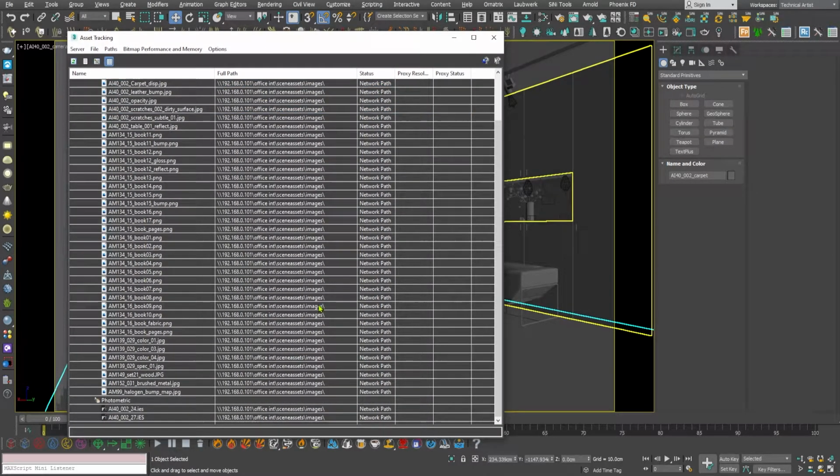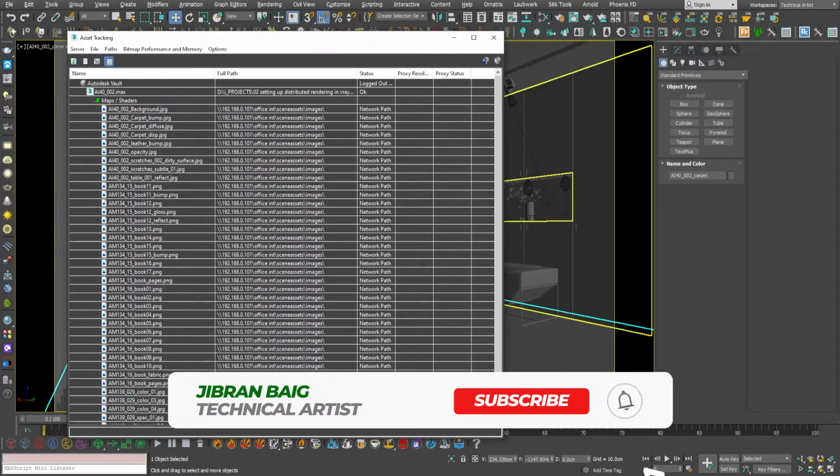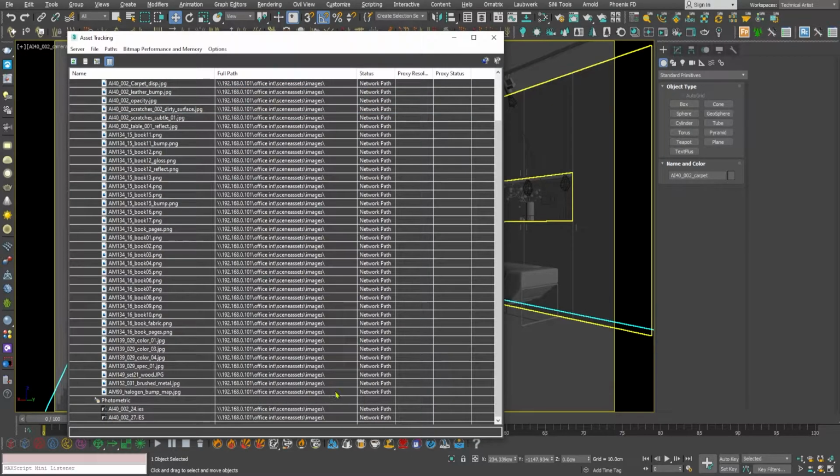So if the file sizes are very big, every time you press render you have to send assets to that computer, and if you have 10 of these machines, then the distributed rendering would be slower, and in my opinion that kills the purpose of the distributed rendering or network rendering or batch rendering, because we want them to be fast.